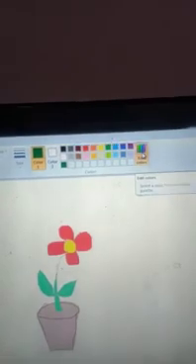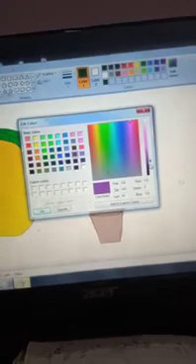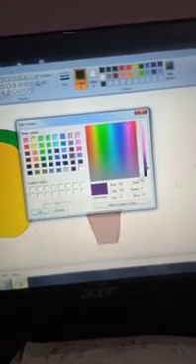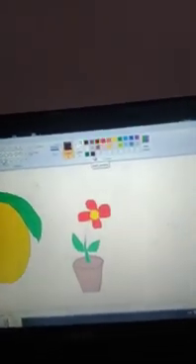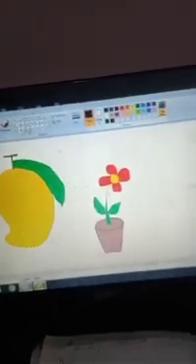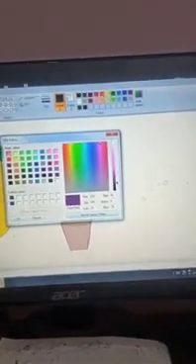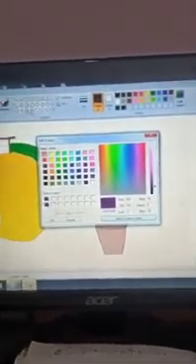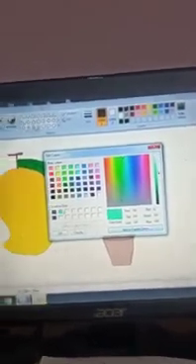If you want to edit, look, these are the blanks. If you want more colors, then I will show you again. Click on that Edit Colors, and whichever shade you want, you add it, and if you want it much darker, then you have to move that slider, and then click OK. Look here, that color will also appear on your roof. And you can click on that Add to Custom Colors to add a color in the custom colors section. Look here, custom colors. If you want to add a lighter shade, look here, add custom color.